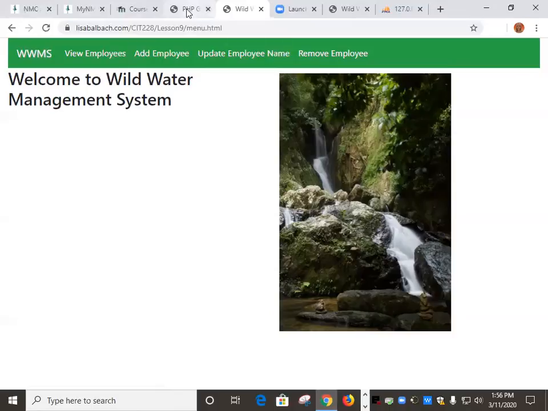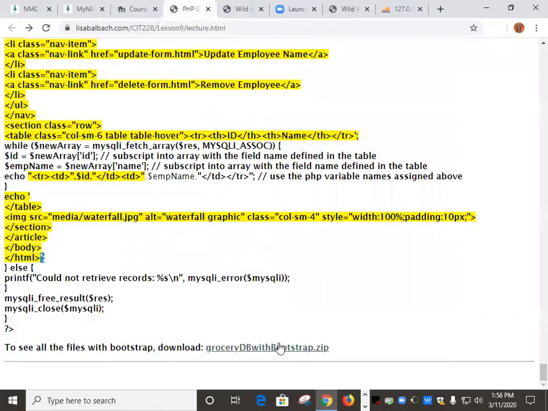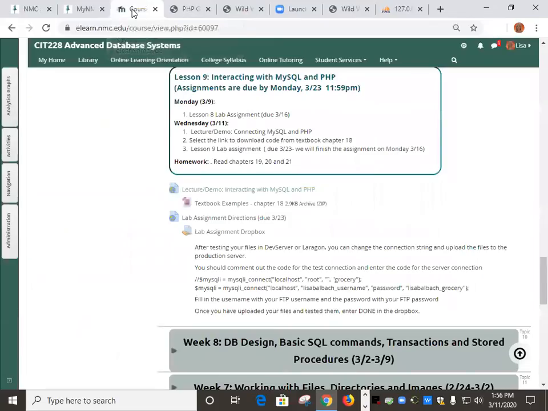You guys are going to be downloading that. I would definitely download that and use it kind of as a starter for your assignment, because what the